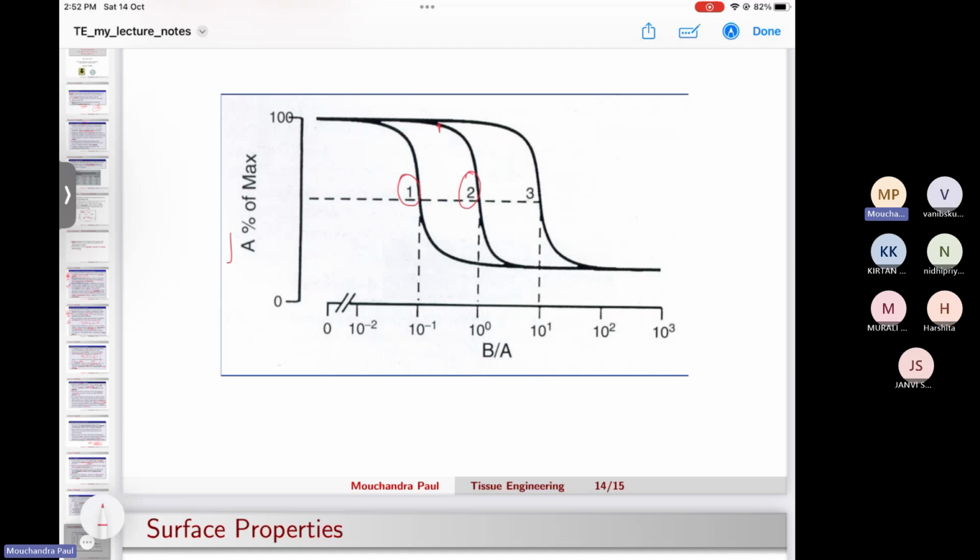But similar kinds of competitive graphs you will see even if the surface is the same, because the mechanism by which the fibrinogen is adhering and the albumin is going to adhere is different. They are not following the same mechanism for adhering on the surface, because that also brings in different curves. Okay,